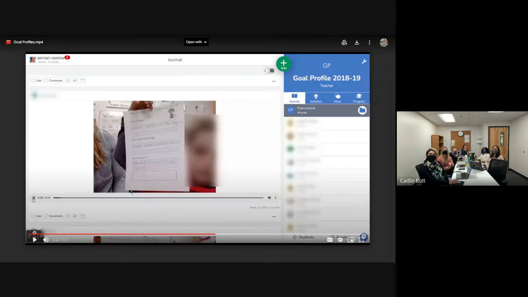You can stop it there. There's another goal underneath it that you can look at, just a writing goal. The student did it on pencil and paper. I know a lot of teachers are concerned about students being on the computer so much and that they're not being able to use a pencil and paper to do the different work, but Seesaw is a great way to collect those pencil and paper work and just take a picture like the second example that was up there. The next one we're going to look at is,